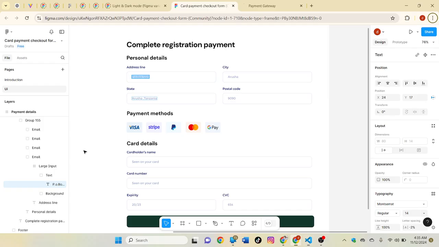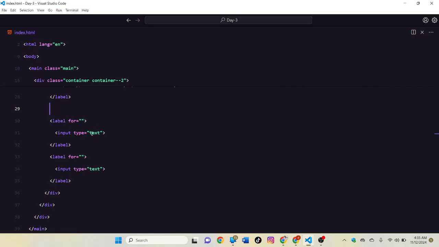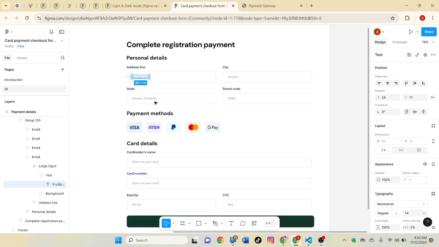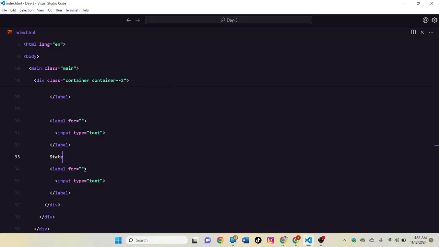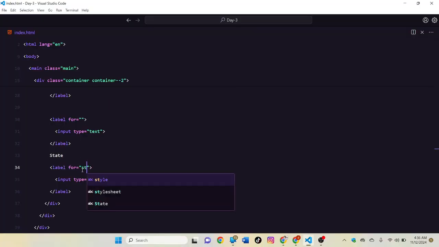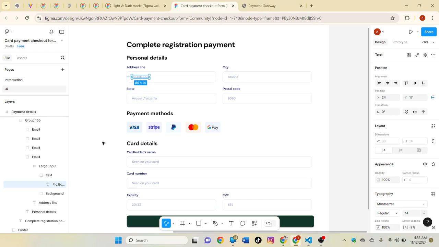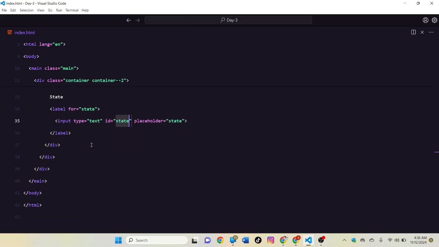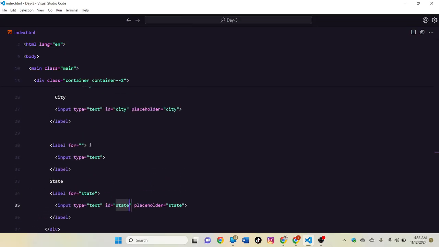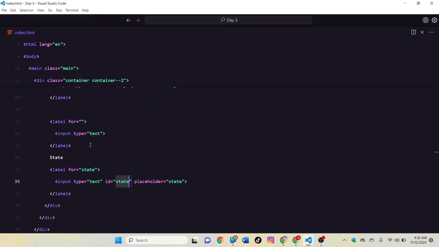And if I move on, I have another one which says state, and just gonna copy. No, I don't need to copy. Just say for state, and placeholder here says state. Remember, guys, we need to say the ID for state. Alright, postcode. Come on, how many was that? Four. Then we have